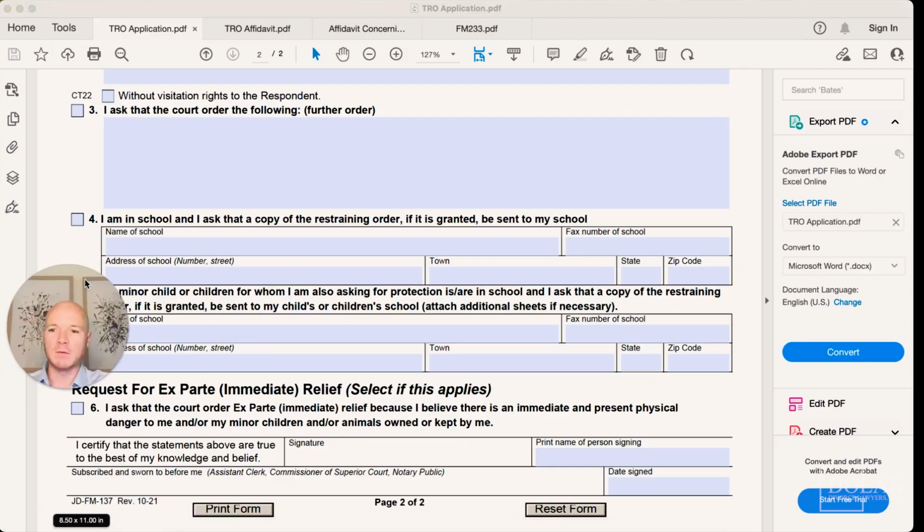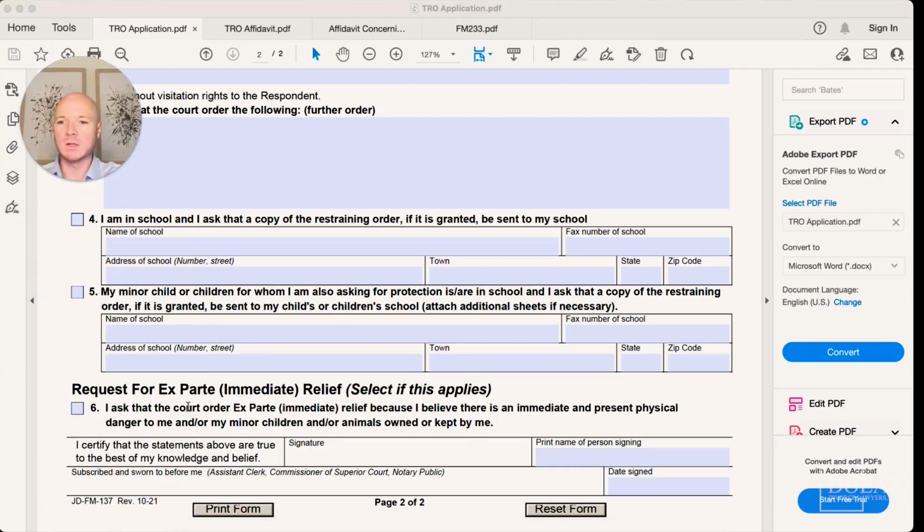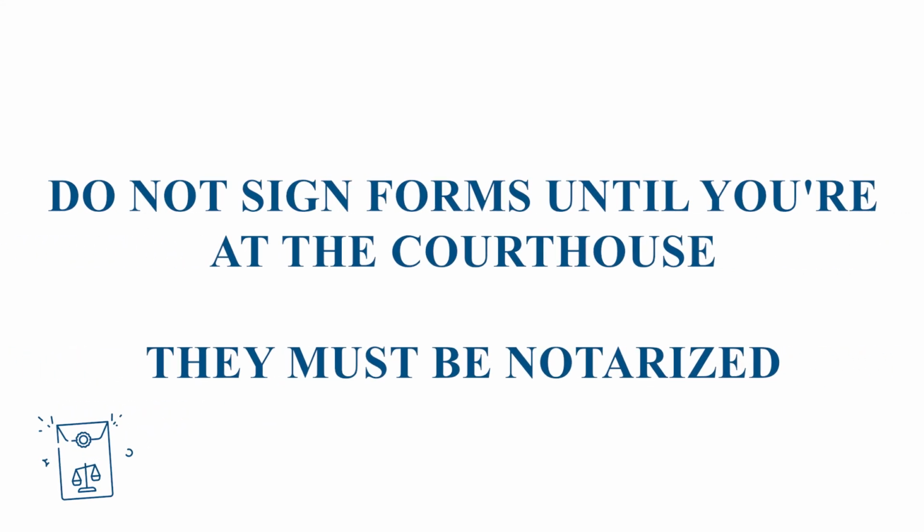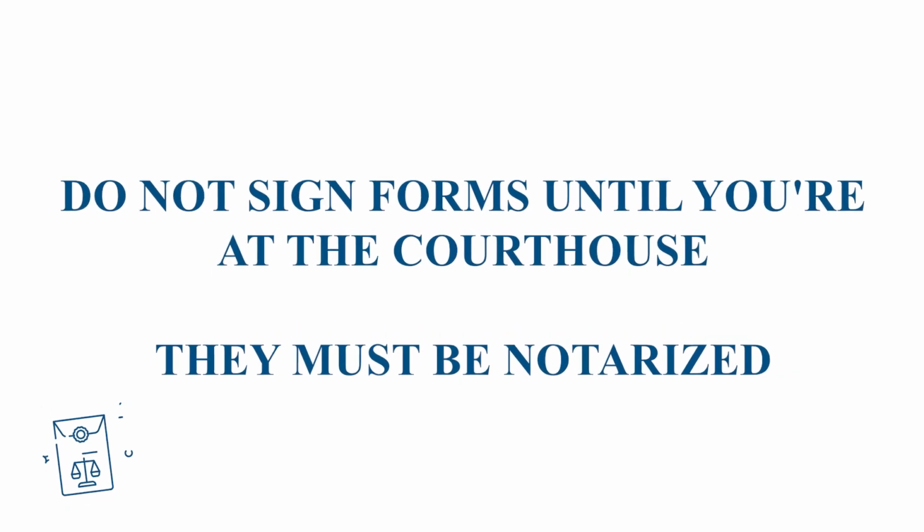And if you are asking for immediate relief, which most likely you are, you check off the box on paragraph 6. And finally, you will sign the form, but don't do so until you arrive at the court because it will have to be notarized. You will then have to fill out form